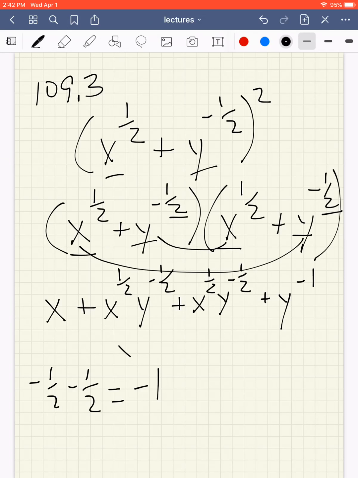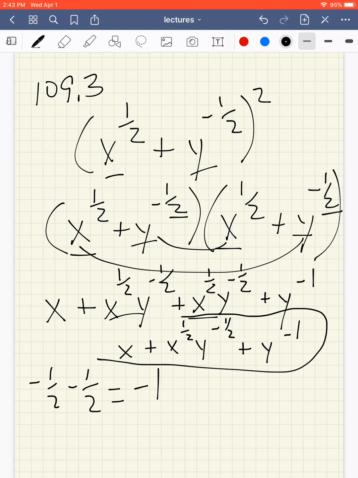So this becomes x plus, these are like terms, x to the 1/2, y to the negative 1/2, and then plus y to the negative 1. And then this is one case that you are allowed